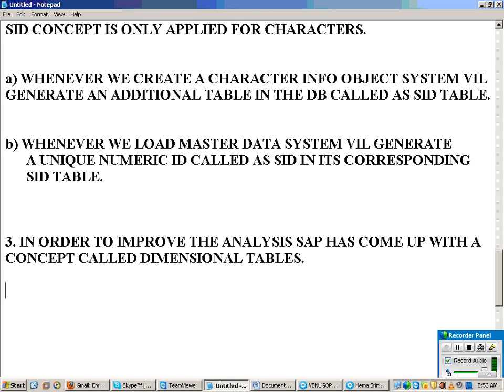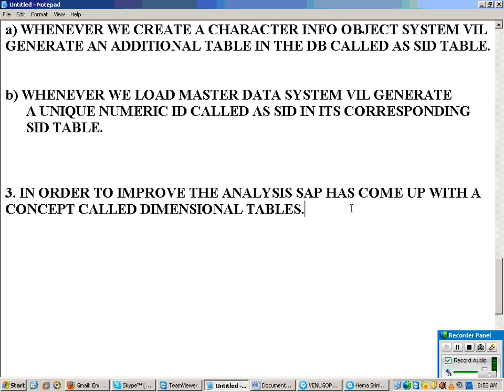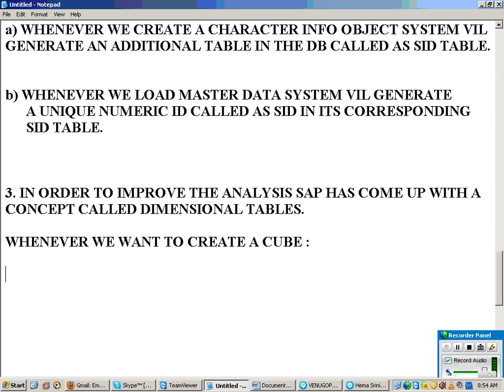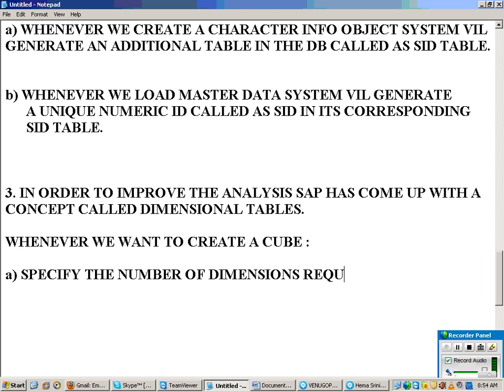So now how exactly does the dimension concept work here? Whenever we want to create a cube, creation of a cube is done in 2 steps. The first step is to specify the number of dimensions.